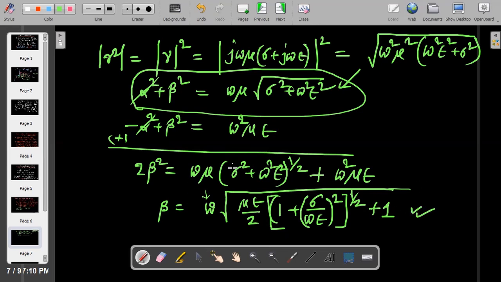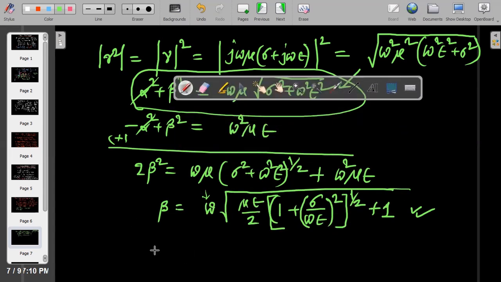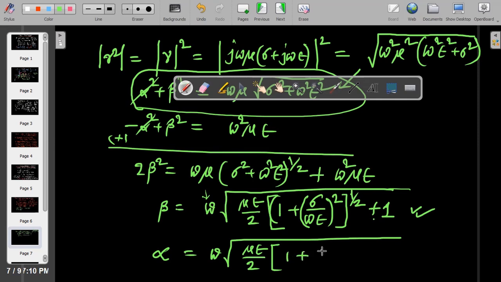I'm not deriving the detailed steps. It will take too much time. You can follow in the notes. This will be your beta. And your alpha will be exactly the same. Your expression will be exactly the same, only this plus 1 is there, there minus 1 is there. So if you remember one equation, another equation also you can easily remember. So 1 plus sigma by omega into epsilon whole square